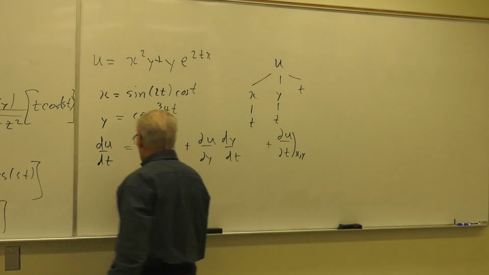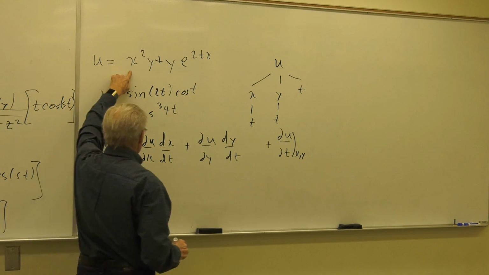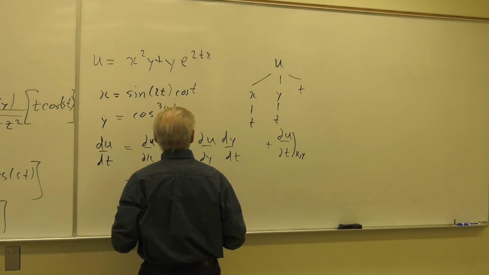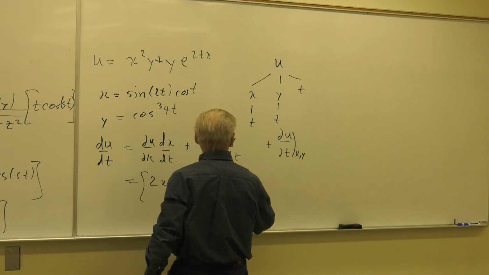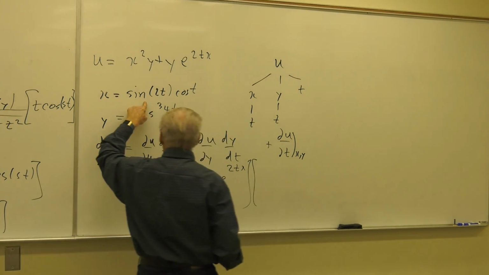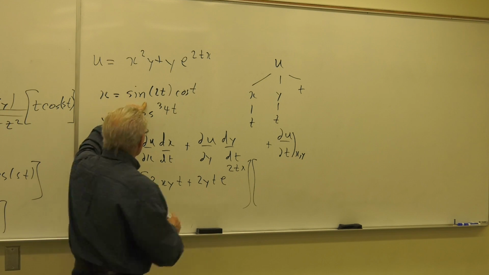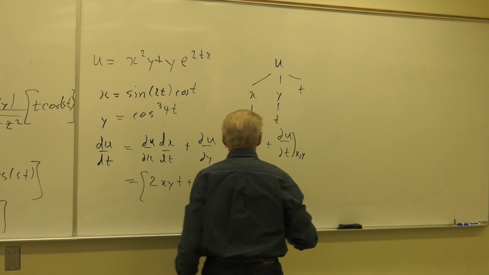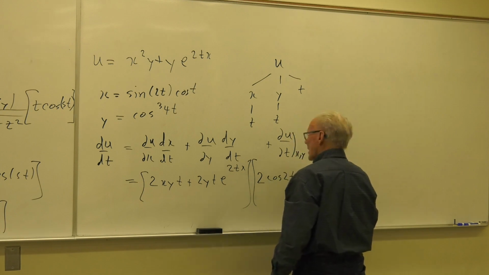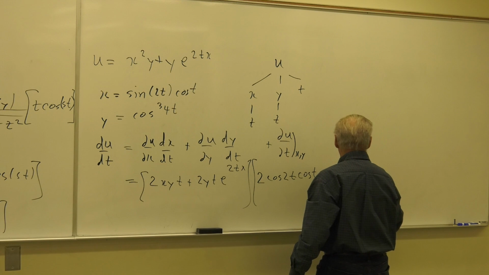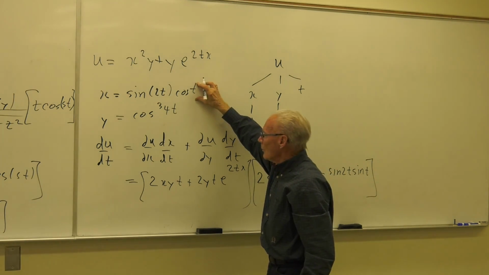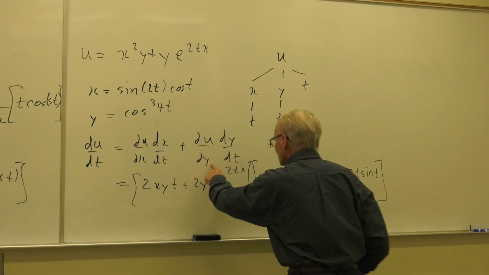So all we now have to do is calculate all these derivatives to get the answer. du dx: 2xyt, plus, with respect to x, 2yt e to the 2tx. There's that. Now dx dt. Differentiating this, product rule: 2 cos 2t cos t minus sine 2t sine t. How does that work? The derivative of this with respect to t. So that took care of this one. Now this one, plus